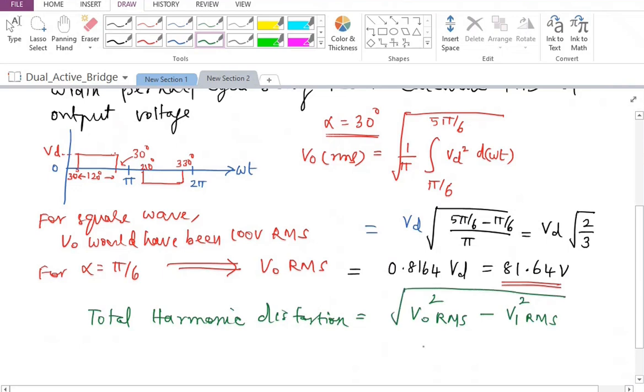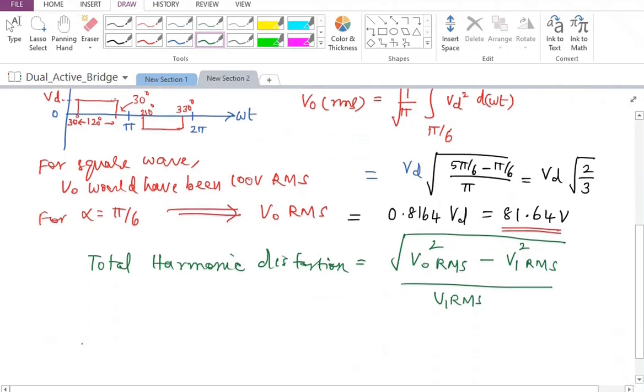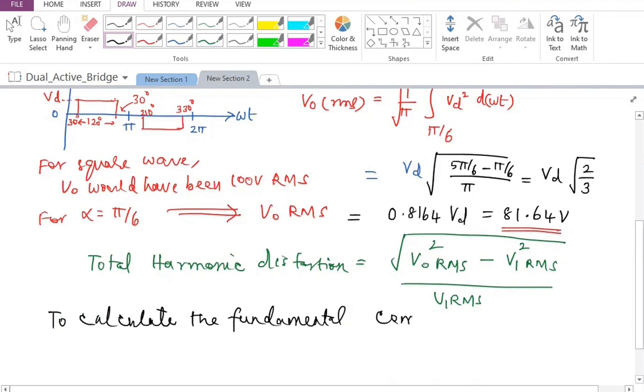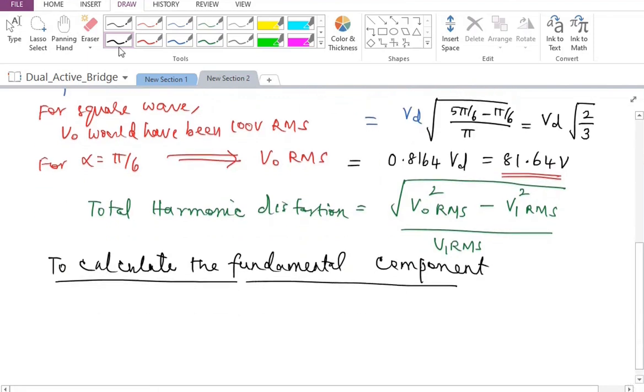Square root of this divided by V1 RMS. So this is going to be total harmonic distortion. Now, to calculate the fundamental, so to calculate the fundamental component, what I need to do is I have to calculate, if you may recall,